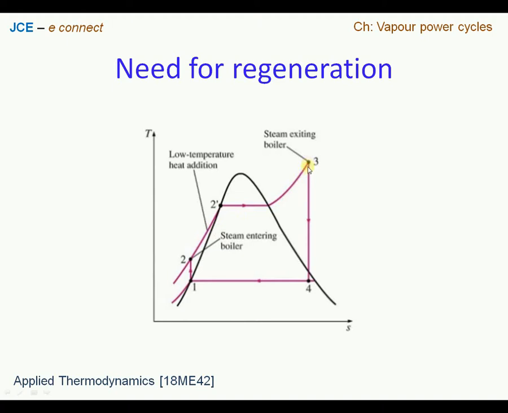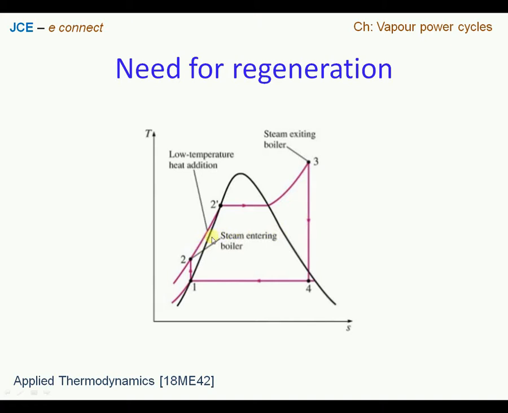in which part of the steam that is getting expanded in the turbine will be extracted and taken to one device called a regenerator, which is also called a feed water heater. Now the steam is brought in direct contact with the condensate, which is also called the feed water, which is available at state point 1. The feed water or condensate water will be brought in direct touch with the extracted steam from the turbine,